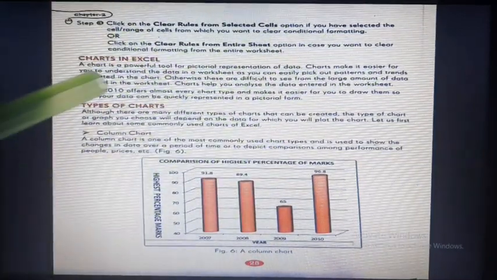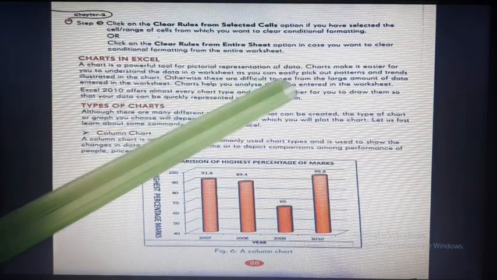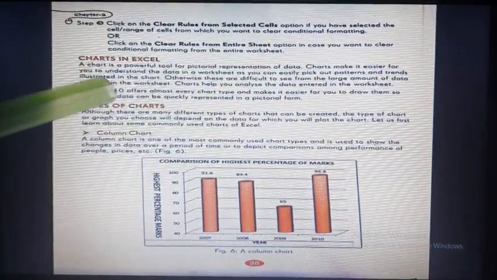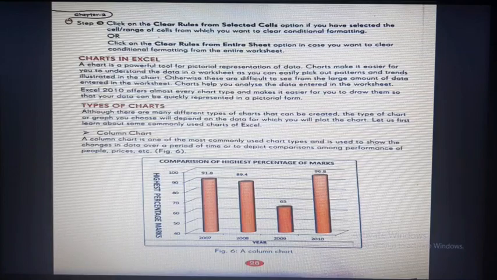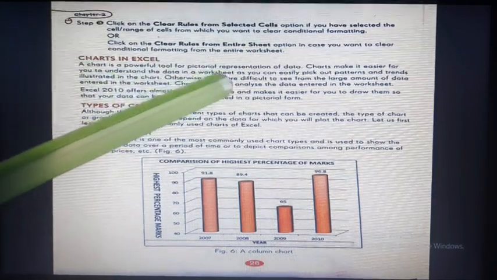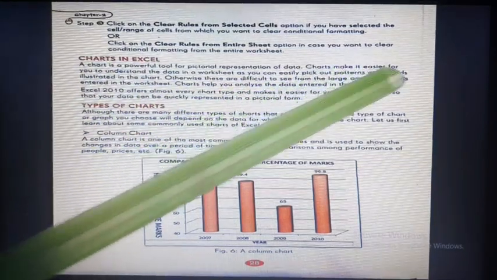Now charts make it easier to understand the data in a worksheet, as you can easily pick out patterns and trends illustrated in the chart. Otherwise, these are difficult to see from the large amount of data